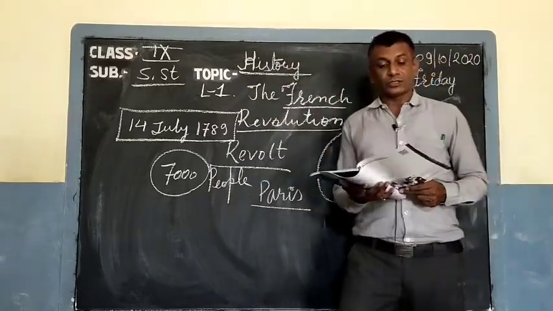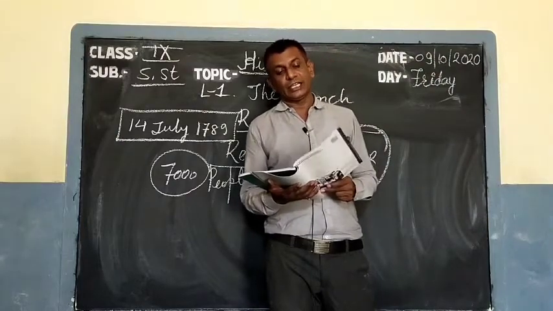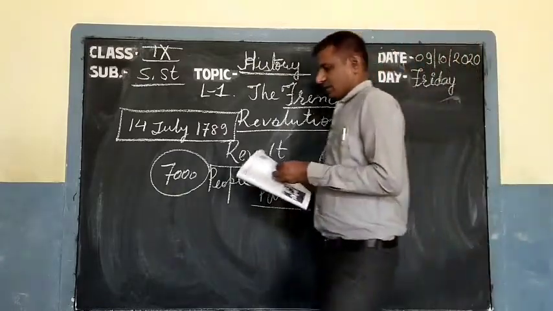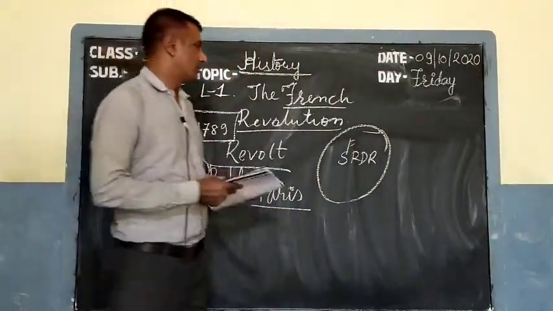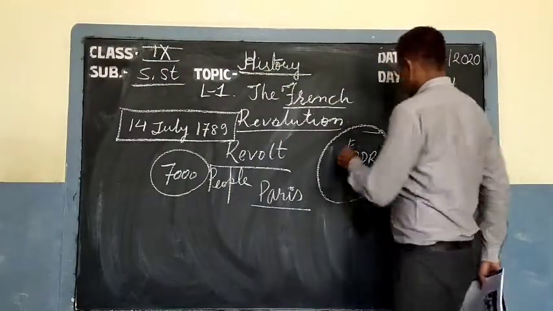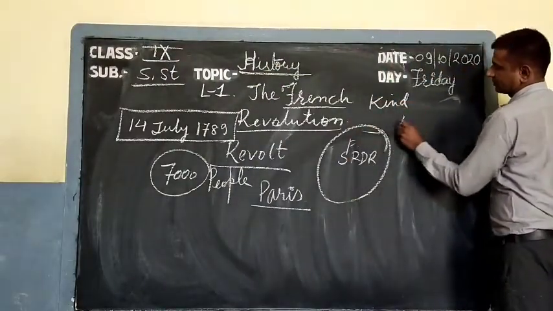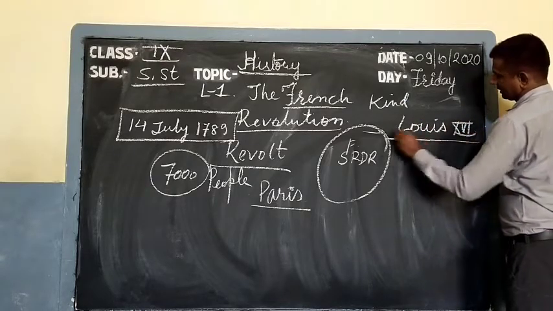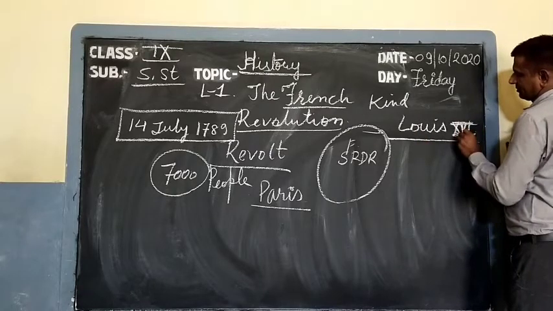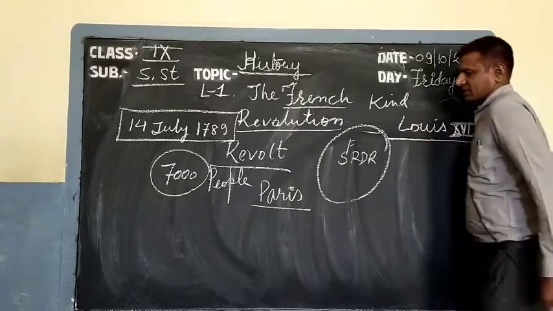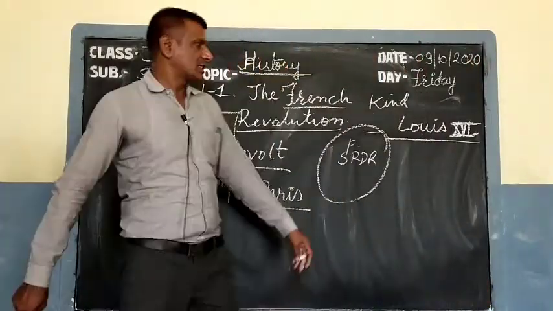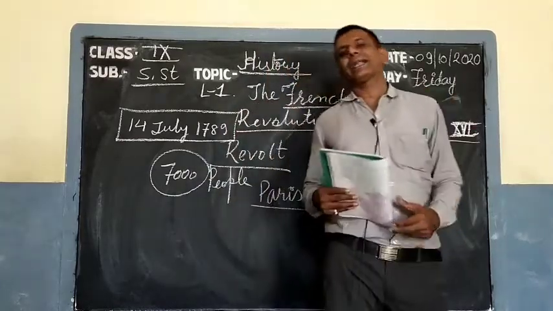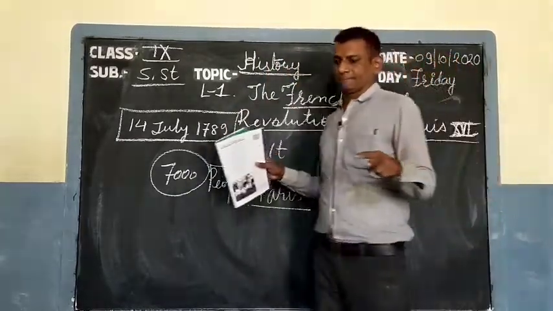That time the king was Louis XVI of the Bourbon family. King Louis XVI. These are the traditional kings, generation after generation. So King Louis XVI ordered his army to go to Paris, to the city, and